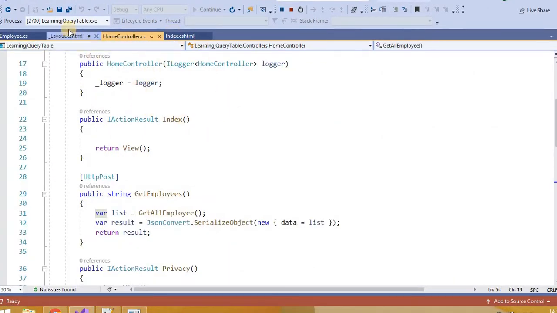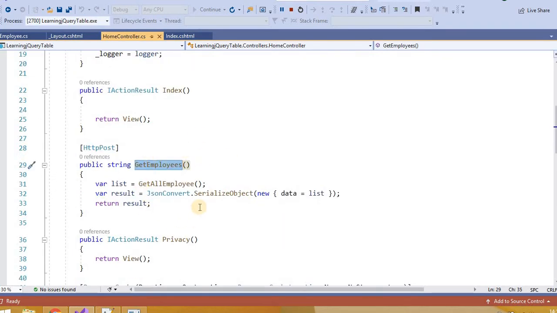Here I have one application with the name Learning jQuery Tables. In this application I have one controller, the home controller. In the home controller I have one method of type post with the name getEmployees. We will hit this method to get the data. It gets the data from the database and returns the list of all the employees. See here, it's returning the list of employees, and then we use the JSON converter to serialize the object. We return all that list data in the form of a string